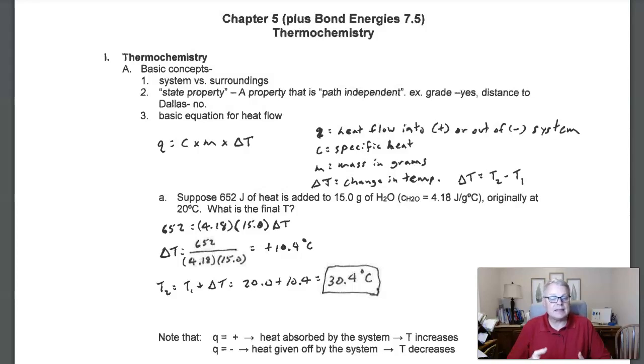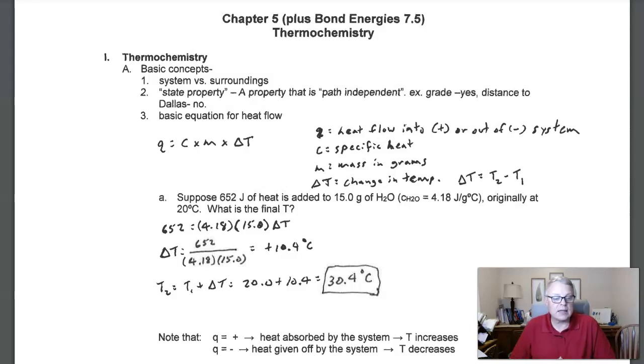The amount of heat a substance gains or loses depends on three things, according to this equation. The first thing it depends on is the specific heat, which is C in this case. That's what that little C means. Specific heat is a measure of